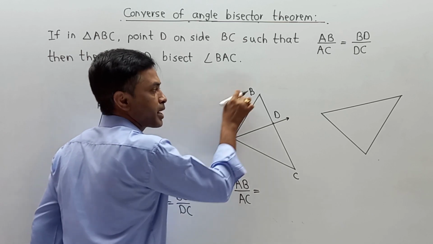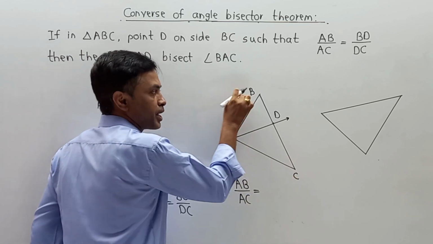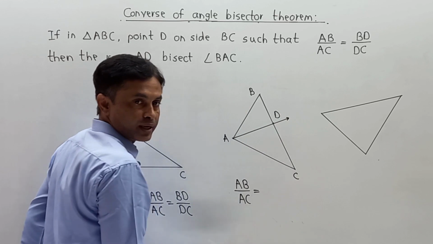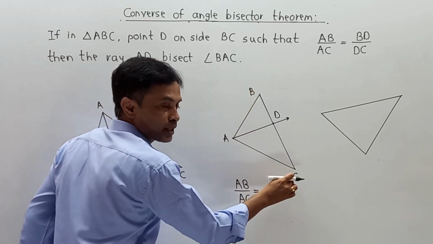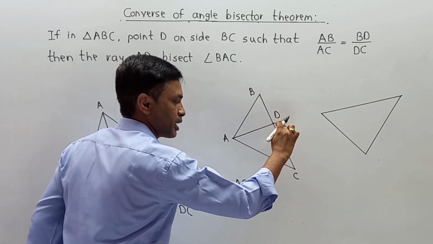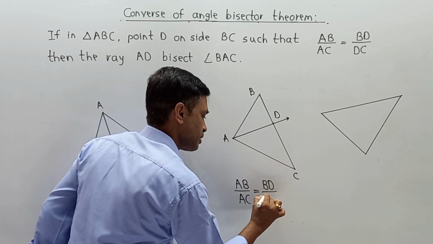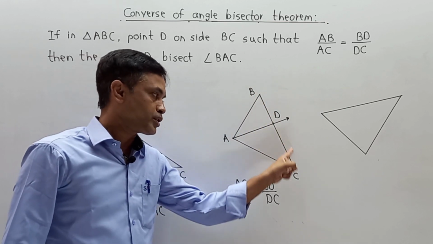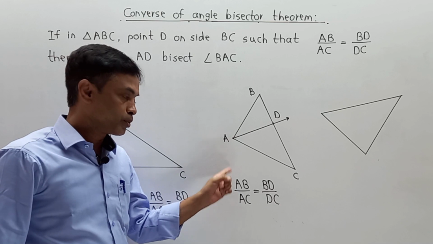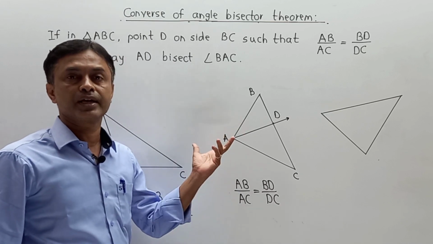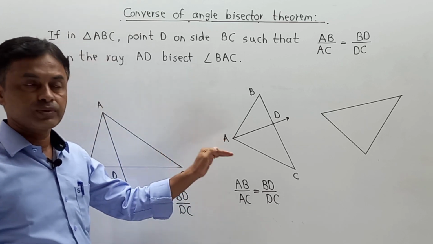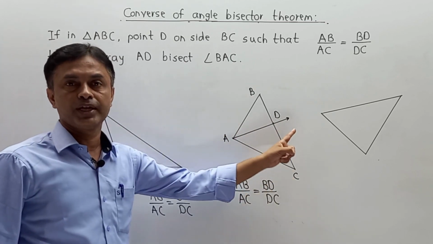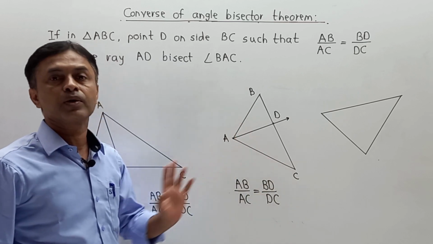So students, remember: when I take AB upon AC, due to AD this part is divided into an upper triangle and a lower triangle. If I have taken AB at the start upon AC is equal to, then I have to take from here BD upon DC. If by mistake I reverse it, like AC upon AB, then I have to take DC upon BD, like that. You should be very clear on that part. That's why I'm rotating this diagram into different positions so that you can easily understand. Here also AD is an angle bisector of angle BAC, meaning due to AD, angle BAC is divided into two equal parts.